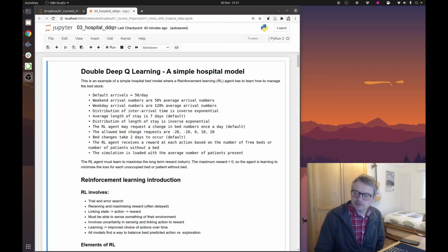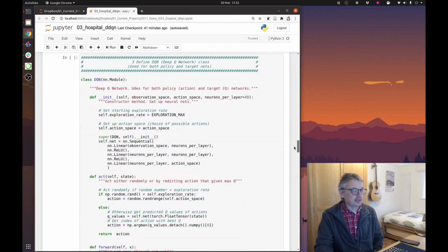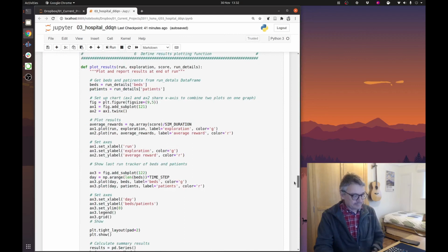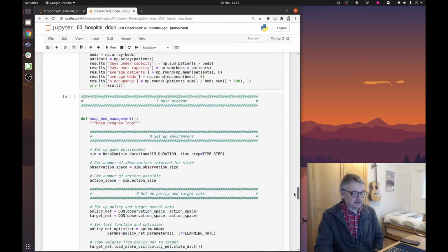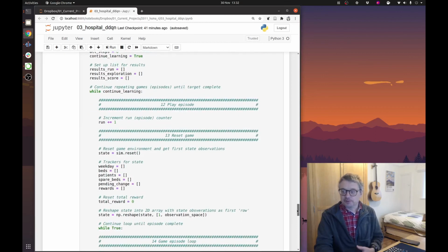Okay, last bit. Let's look at the agent learning to control beds in a hospital simulation. And we'll have a brief look at the simulation in a bit. We're not going to spend any time at all really on the agent-based learning side, because as you scroll down through it, you will see it is identical. The only thing that changes at all significantly is the plotting of the results,